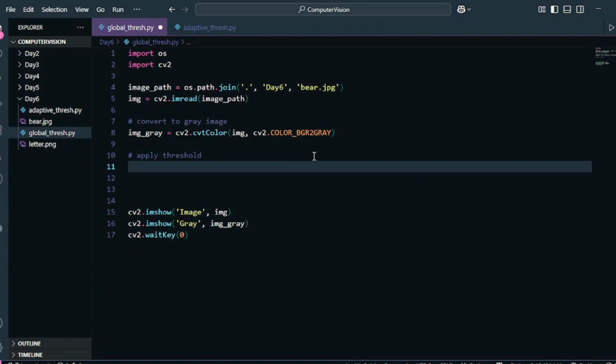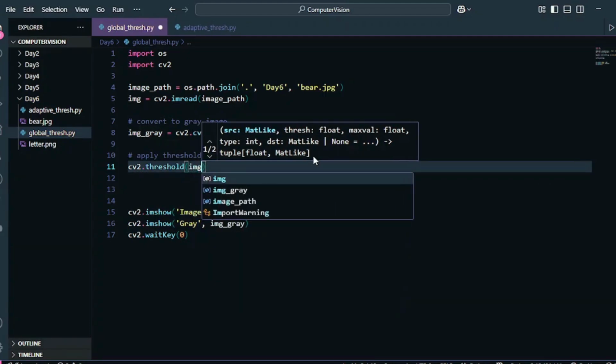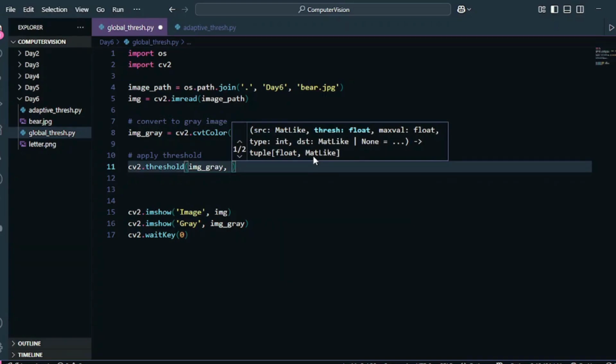Okay, so now let's understand what thresholding is. In simple thresholding, the OpenCV function is called threshold. You first have to pass the image on which you want to apply the thresholding, and then you pass the threshold value to it. For example, in my case, I want to pass 70 over here. I'm saying that 70 is my threshold value. Any pixel value that is less than 70 should become 0. Any pixel value that is less than my threshold value should become 0, and any value that is greater than my threshold value, which is 70 in this case, should be equal to 255.